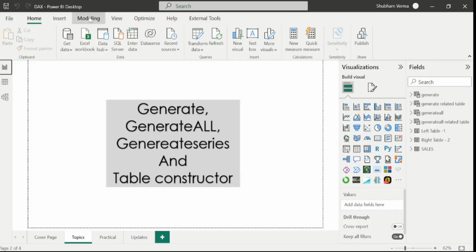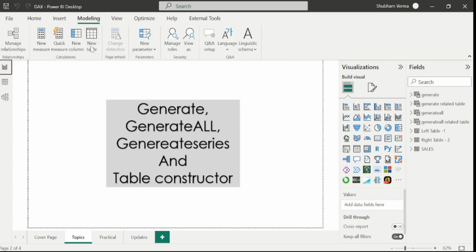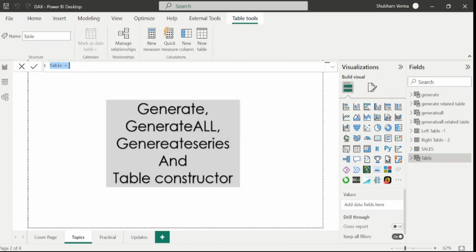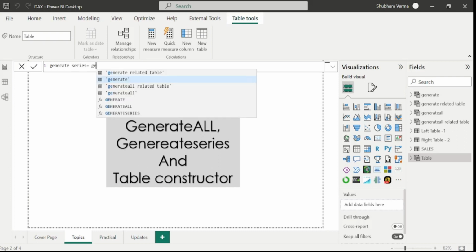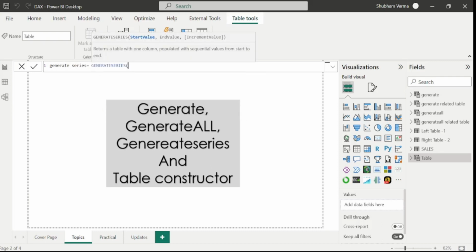So simply go here on the modeling tab and click on new table. Let me rename this table name as generate series. And now I will write my DAX function, which is GENERATESERIES. The first parameter is the start value, that means from where you want to start your series. Let's suppose I want to start my series with number 5, comma,